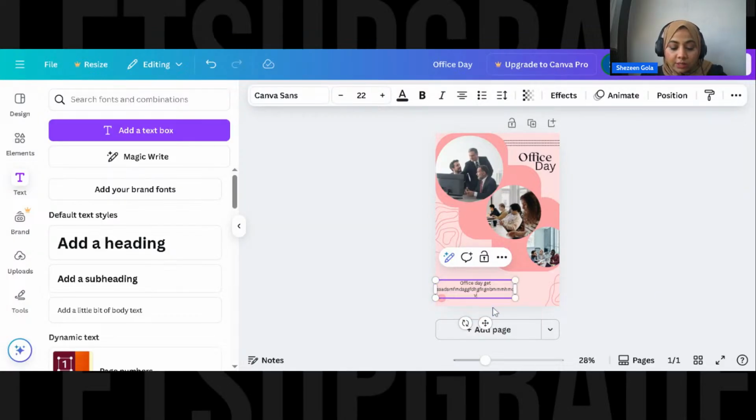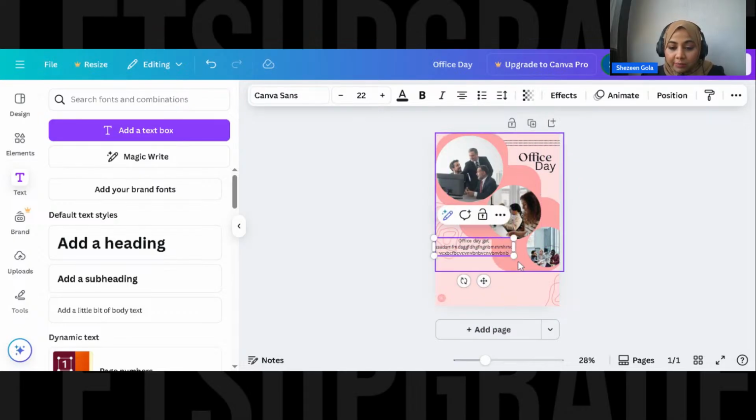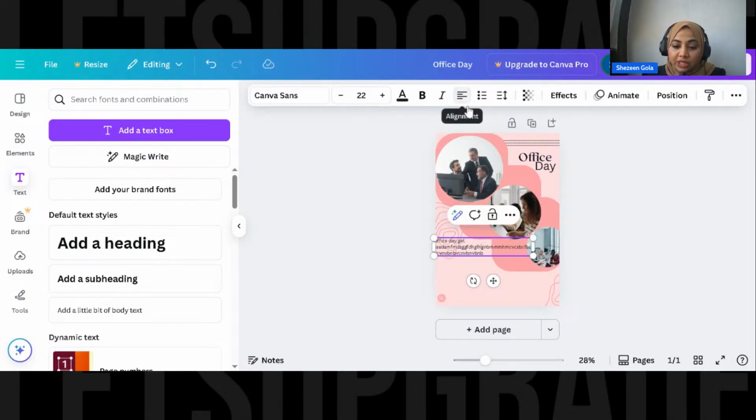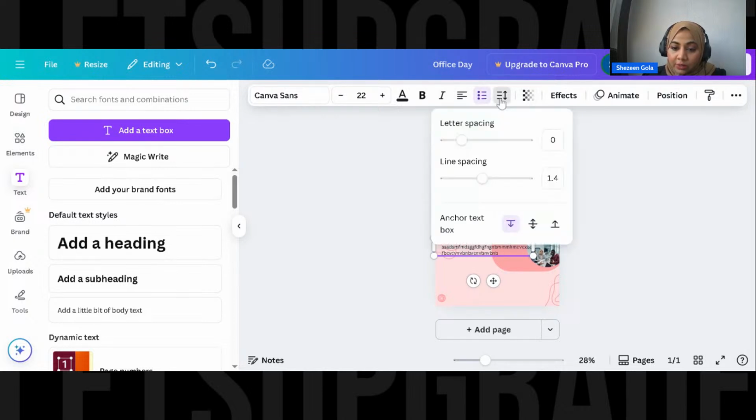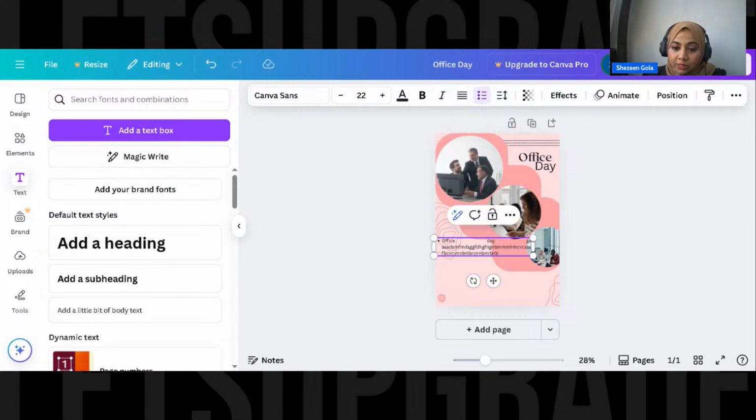And one thing, once you have this written like a pamphlet, okay, you can start placing it. Now you can change the alignment of it from here. You can even give a pointer. You can even line up spacing you want. So suppose I don't want to give this numbering and bullet. Let me select this, okay, deselect it, and it's not selected again. Here I want to give it a left align.